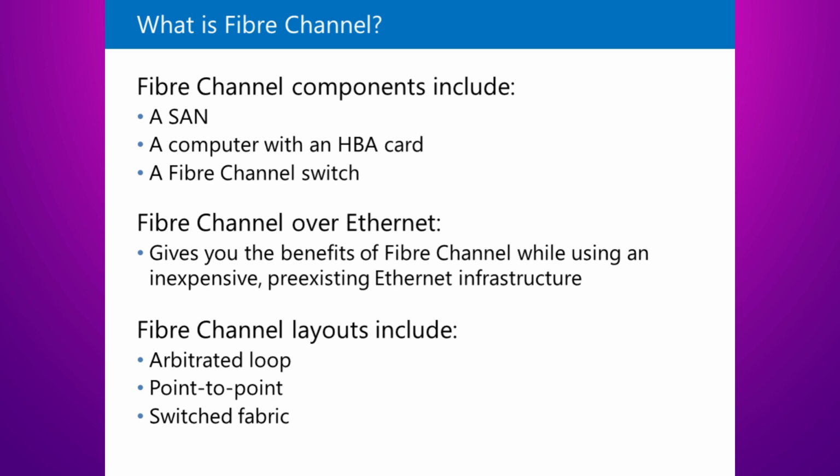Fiber Channel over Ethernet is a newer implementation of Fiber Channel over a standard Ethernet network. It is becoming more popular because it offers outstanding performance, particularly when you use it over your inexpensive and often pre-existing Ethernet infrastructure. You can use Fiber Channel over Ethernet to converge all of your company's disparate communication mechanisms to Ethernet. There are three main advantages to using Fiber Channel over Ethernet to merge your communication systems, including that it